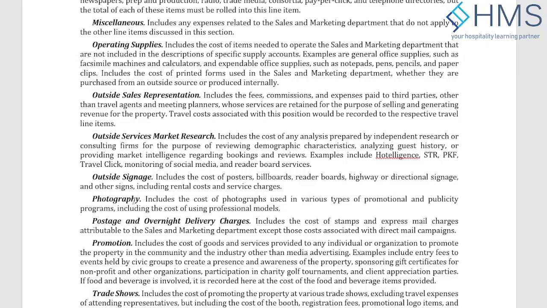The traveling cost will be recorded in separate lines, and the trade show cost will be recorded in trade show lines. This outside sales representation fee is only the fees and commission that we are paying.